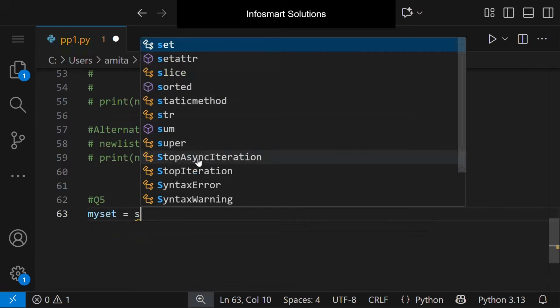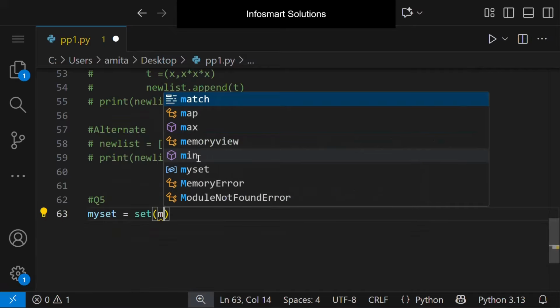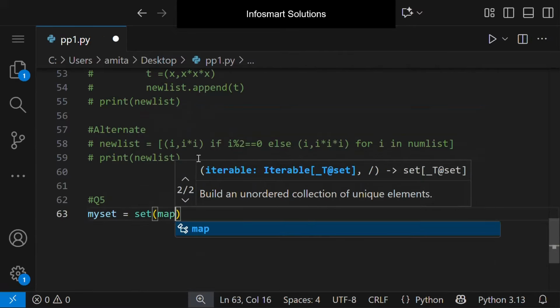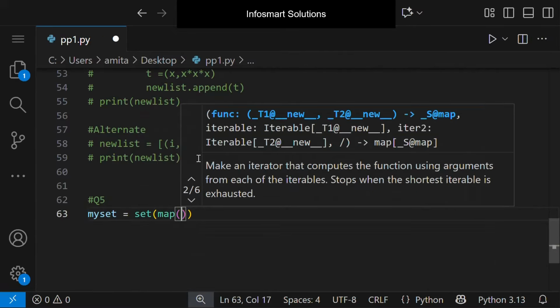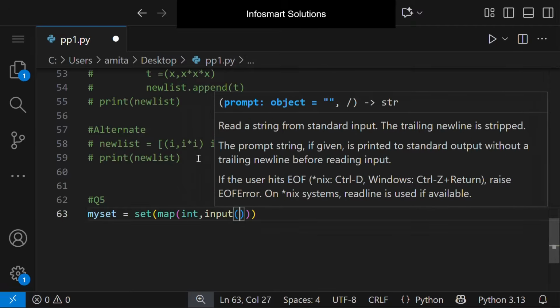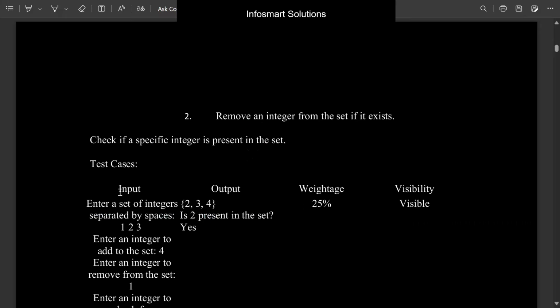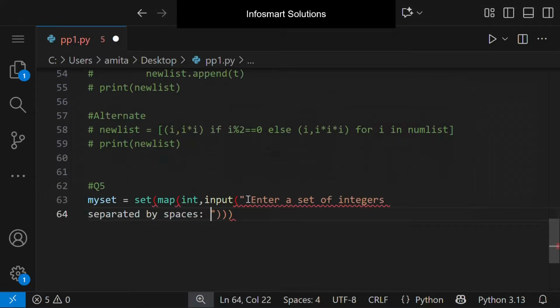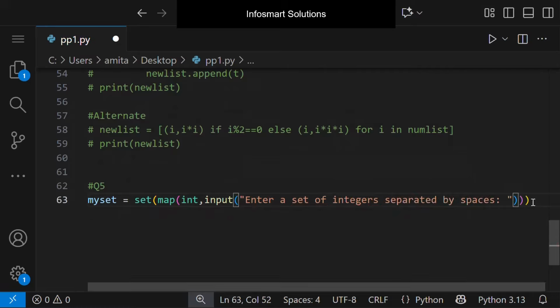So my set will be set, and in parentheses we will write similar the way we have written in tuples and list, that is in comma input, and we can just copy this and then we will write dot split. So dot split will be written here,